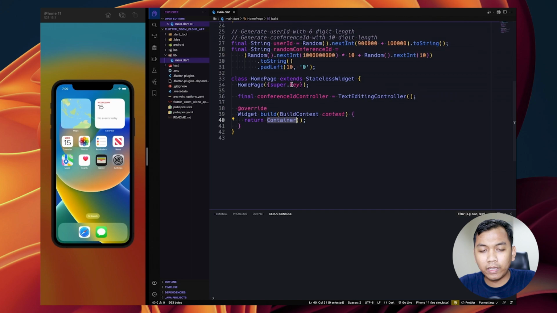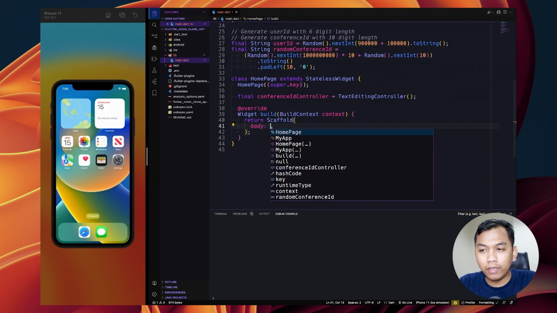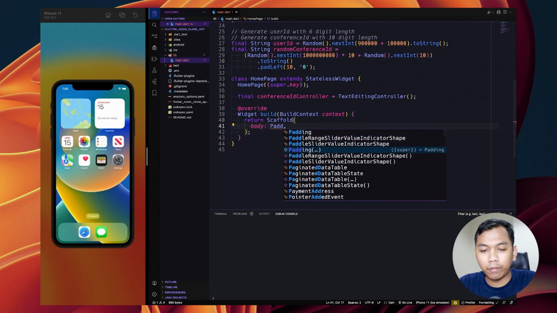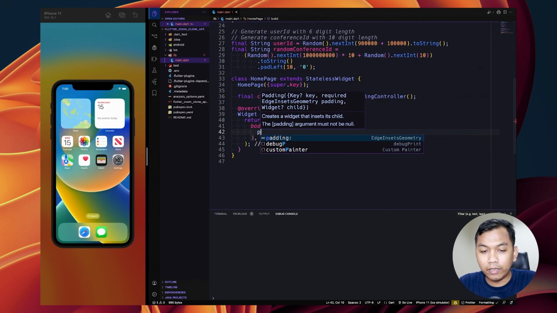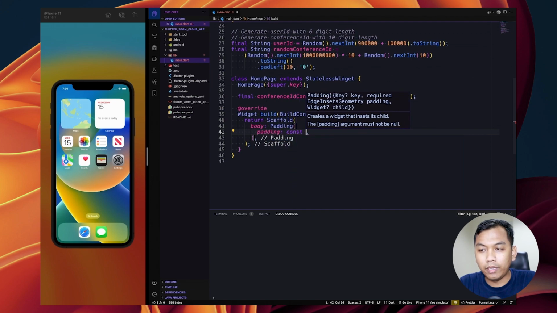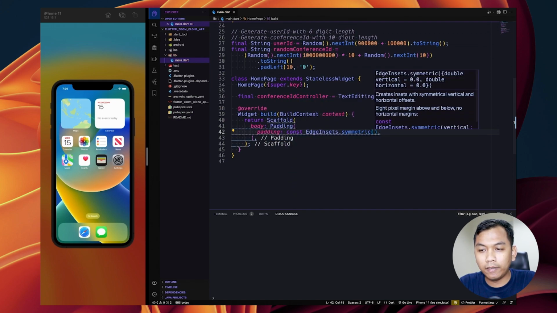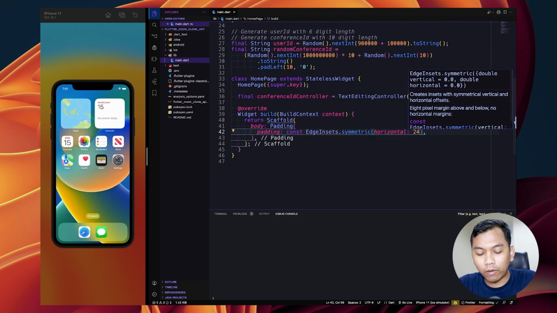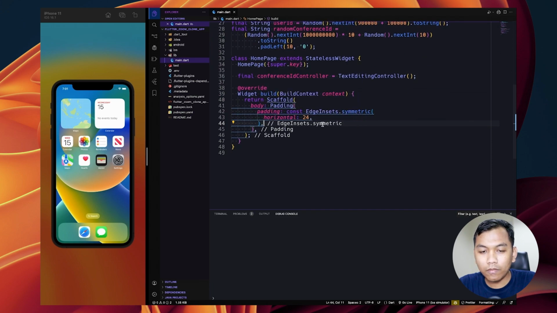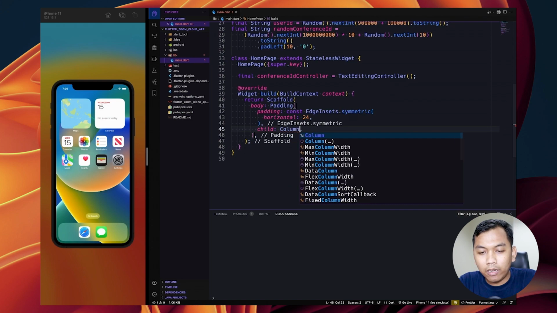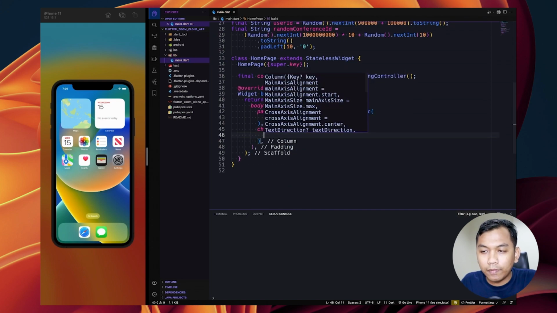And inside this HomePage, we want to return a Scaffold widget, and for the body, make it Padding, and the padding will be symmetric, horizontal 24. And below that, we will have a child, and the child will be a Column widget.